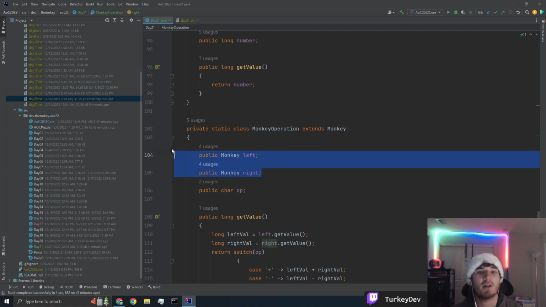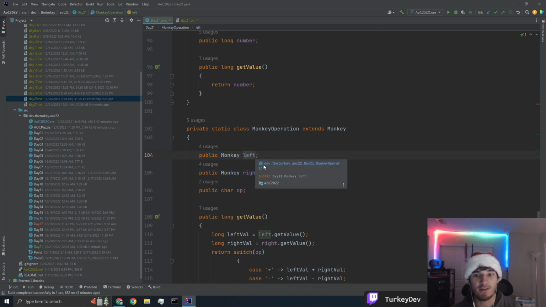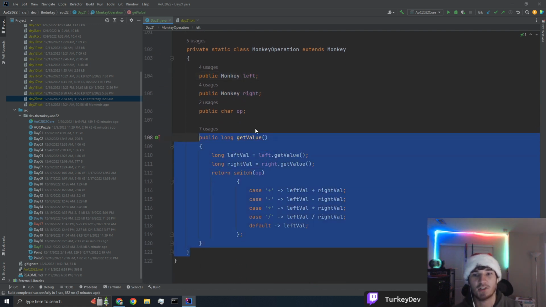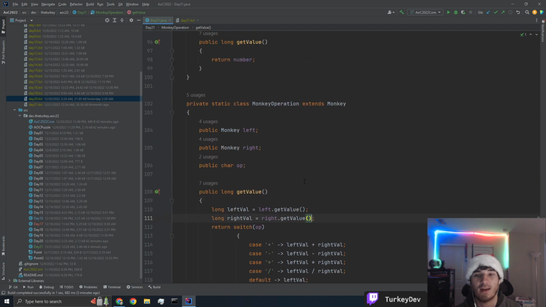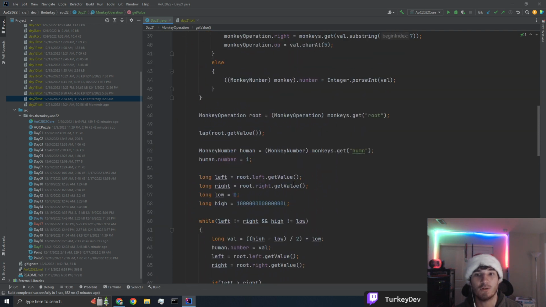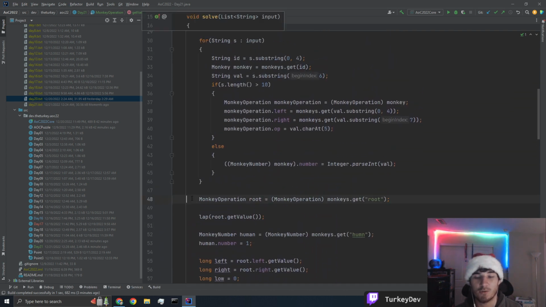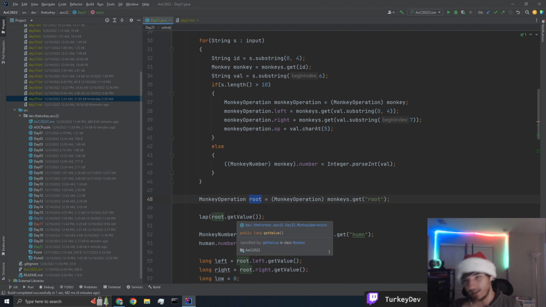Because these are referencing monkeys, we need to get the value in order to get the value of this. We simply get the value of the left and right monkey, find the operation we need to do, and then do the operation on the left and right value. And then we can return that value. So the solution for part 1 is simply to get the root monkey by getting the ID of root, and then calling get value on root, and that'll bubble down all of the tree. It'll basically go down the full tree, getting the value of each monkey, bubble up the answer, and then